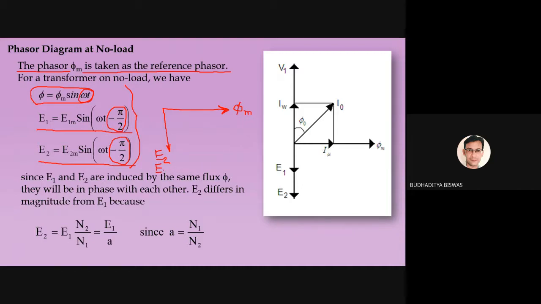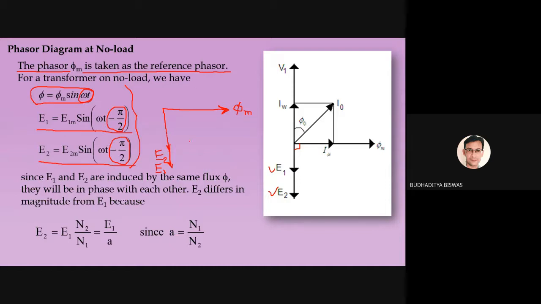But why is the magnitude different? Because it depends upon the number of turns. We are talking about the power transformer, so among E1 and E2, one is obviously more than the other. Here you consider E2 is more, as we are talking about a step up transformer, so that's why I draw it like this. But this is not mandatory. Remember one thing: never place E1 and E2 with the same magnitude. E1 and E2 should differ from each other, depending upon the turns ratio. Now this angle is 90 degrees; they are lagging from phi. After placing E1 and E2, some steps are there. If you just follow the steps, that complicated figure looks very easy to draw.